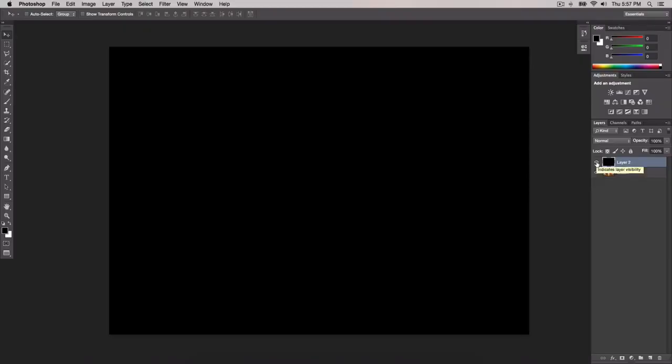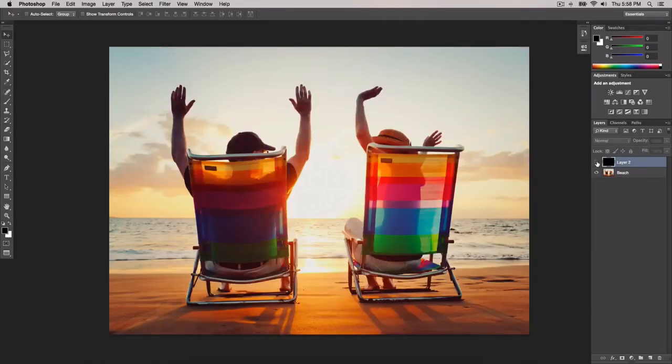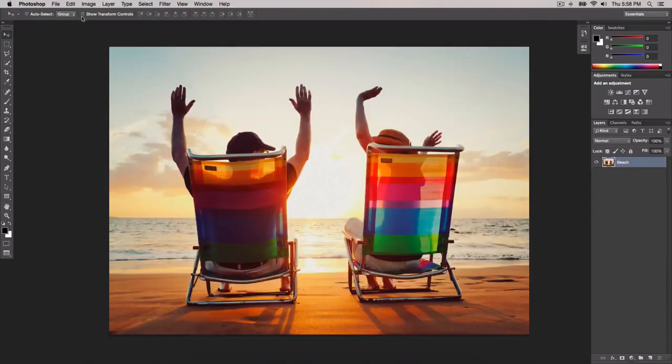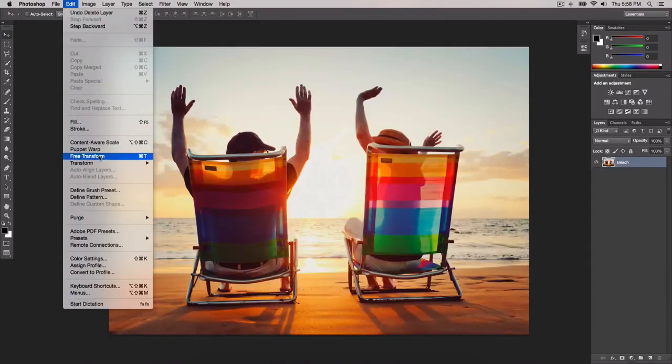You're just going to enable or disable the layer visibility. You can just click on the eye right next to the icon, and I will just disable it for now until you check it again. So press delete, make sure your layer is selected, go over to Edit, and then go down to Transform or